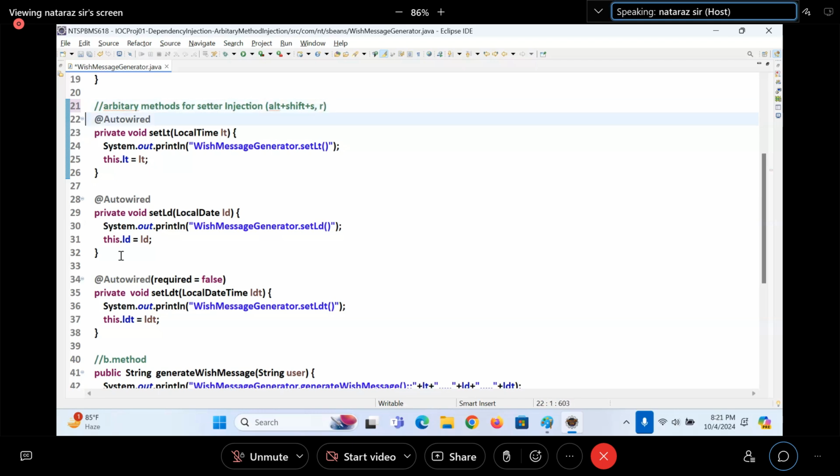Okay, no shortcut, nothing, guys. You have to develop manually. Arbitrary method for arbitrary method injection.